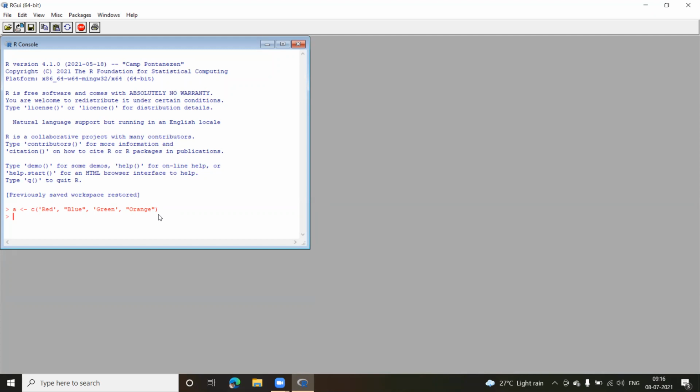Right now, we are using the C function here. And what is the use of this particular function? The use of the function is to combine the elements. It is going to combine all these elements, create a vector by the name A, and assign all these elements there.